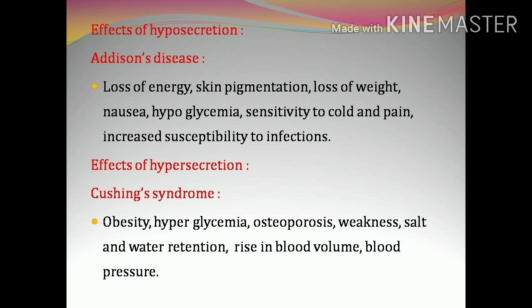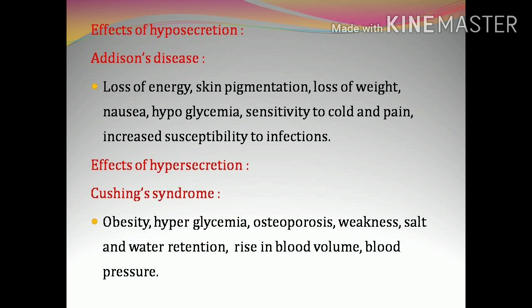If there is an overgrowth of adrenal cortex in a mature woman, she develops certain male characteristics. That is called adrenal virilism. In a female body, if there is an overgrowth of adrenal cortex, it causes the development of some male characteristics in their body. So that condition is called adrenal virilism.